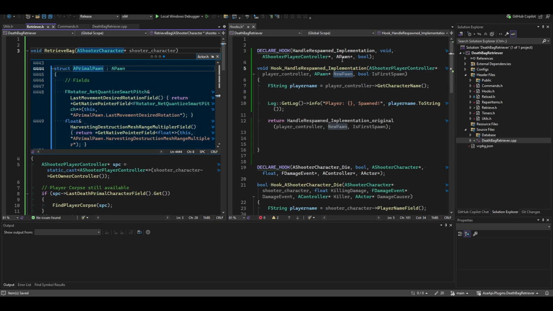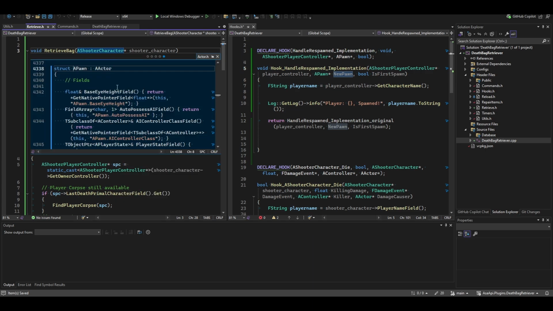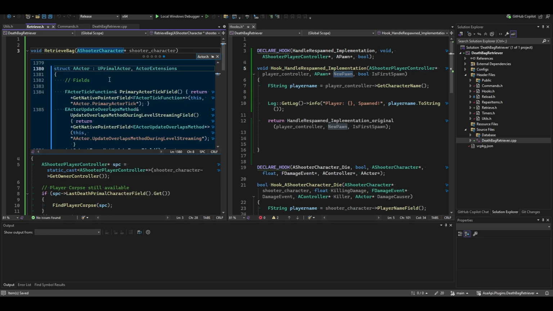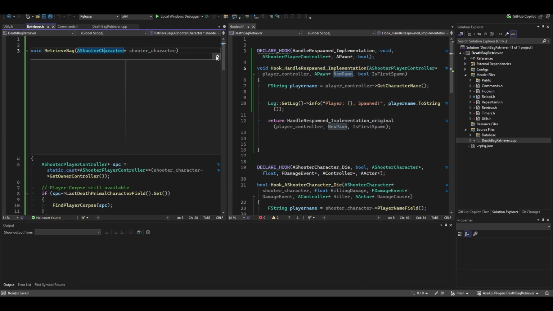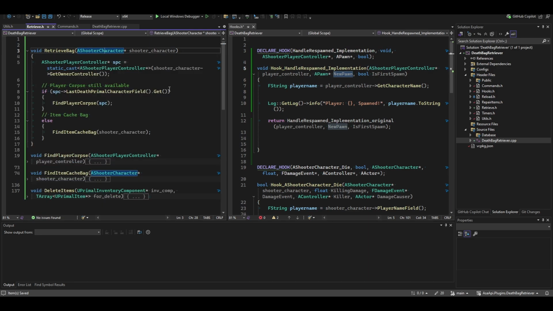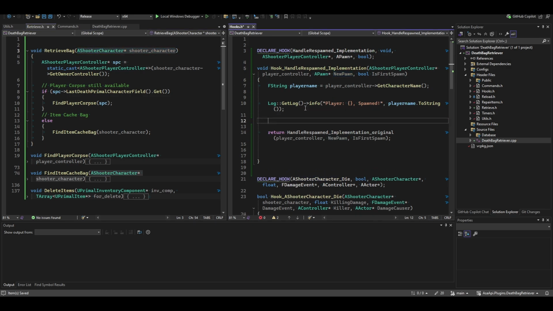That's so much headache, right? So a player pawn is an actor. You don't need to worry about it. Okay, so what we need here is we need to retrieve the bag, right? And then maybe down here. First,